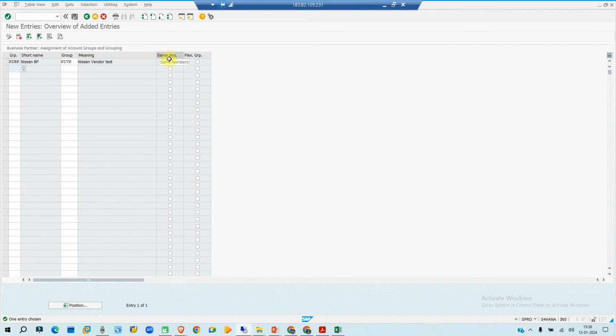Okay, now here you have one option of same number ranges. If you select this same number, then both your business partner and your vendor will have the same number range. If you are not checking this one, then you can have different number ranges based on your